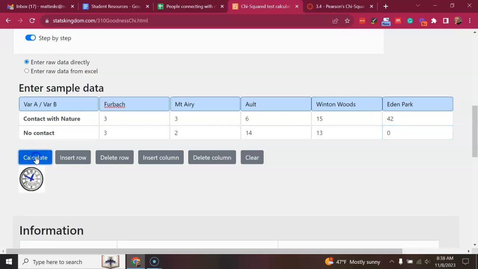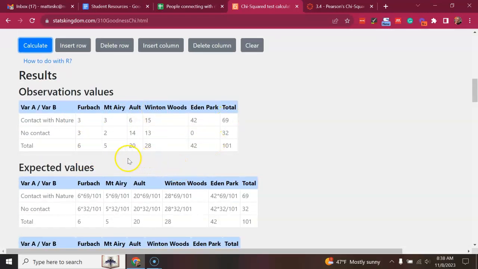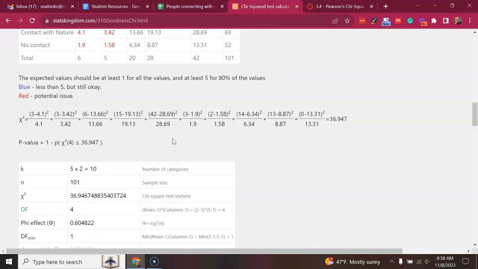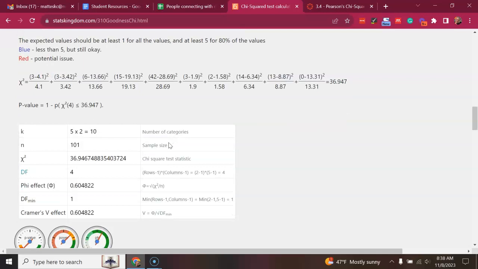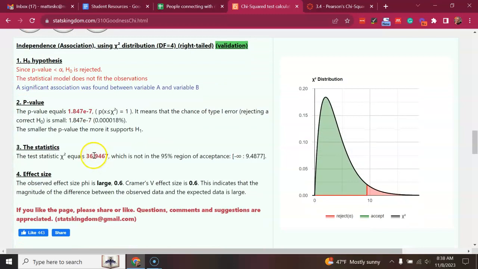So let's click Calculate, and you'll see all the calculations of how the chi-squares run in terms of the math behind it. And so that can be useful if you're just trying to understand all of that. But you really want to just scroll down here. The p-value is 1.847 e to the negative 7. That just means you move the decimal point over 7 times. So it is less than